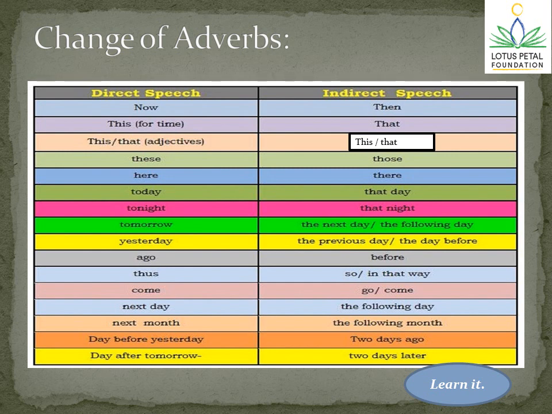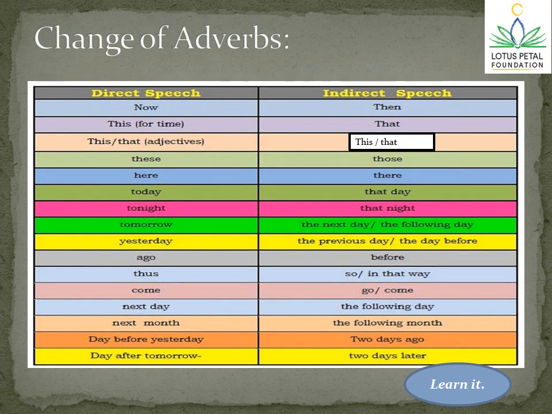Here you can find a table that shows how adverbs are changed. Now changes to then, this changes to that. This and that, when used as demonstrative adjectives, change to this or that. These changes to those, here changes to there, today changes to that day, tonight changes to that night, tomorrow changes